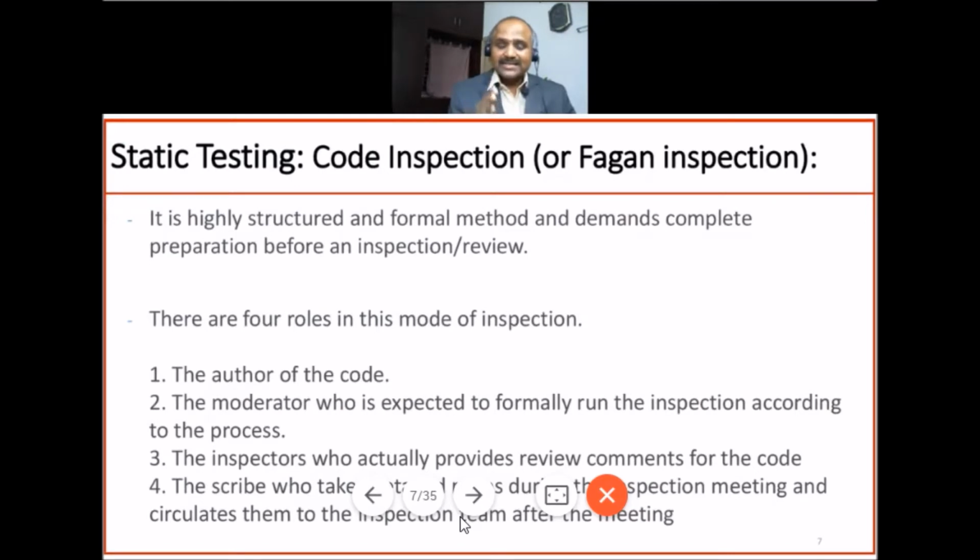So this way, there's a high possibility that the entire code is inspected, and the observations are formally logged, and the observations are formally closed. So how it helps is, it helps in detecting the bugs well early in the game. But now the question is, it takes a lot of time. Certain times you may feel that the amount of time you spend on code inspection versus the value you get,